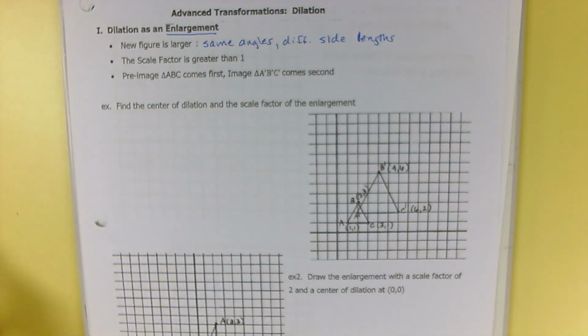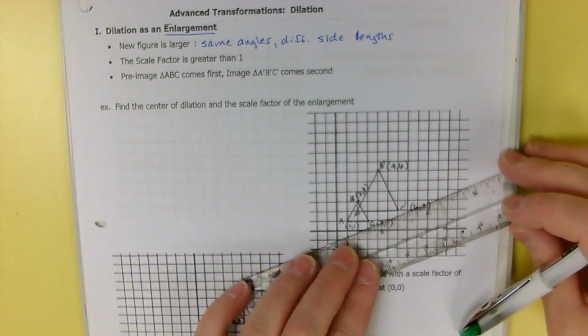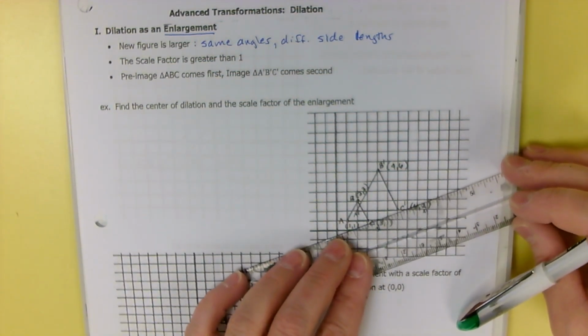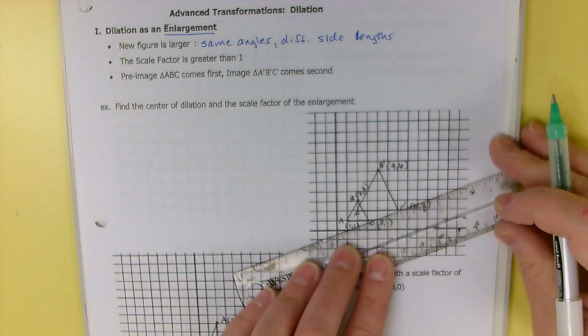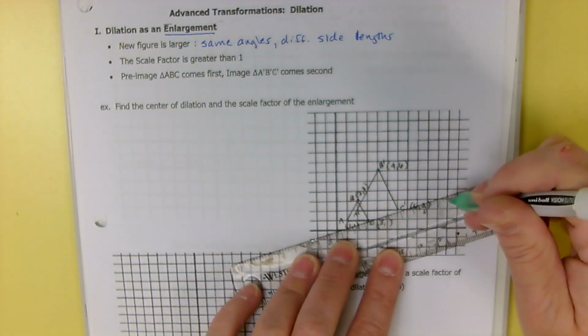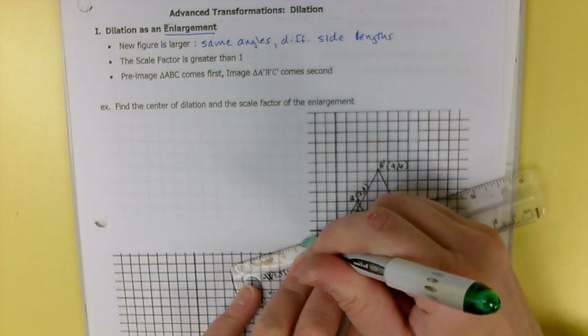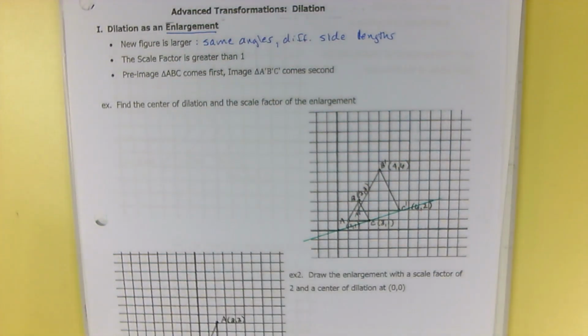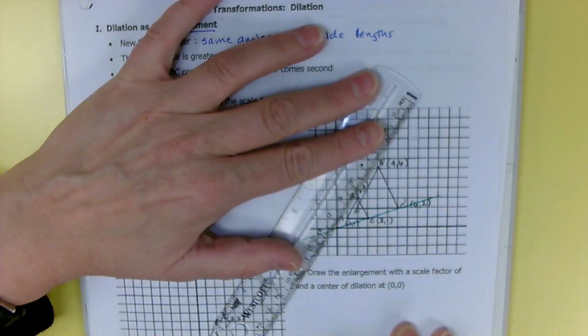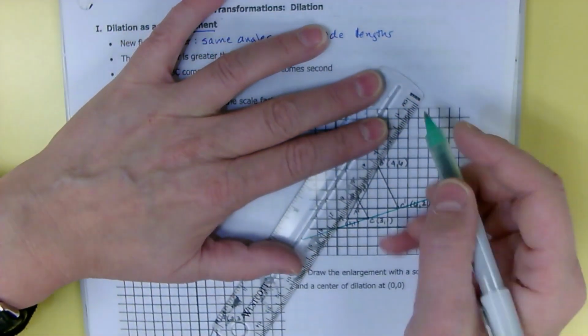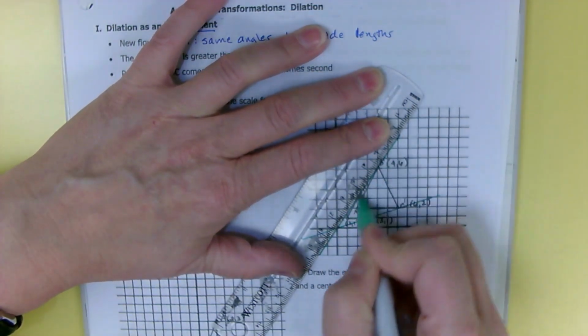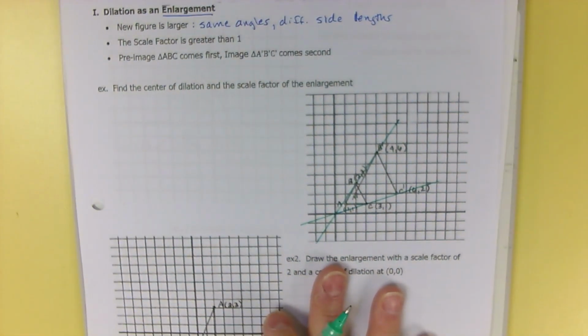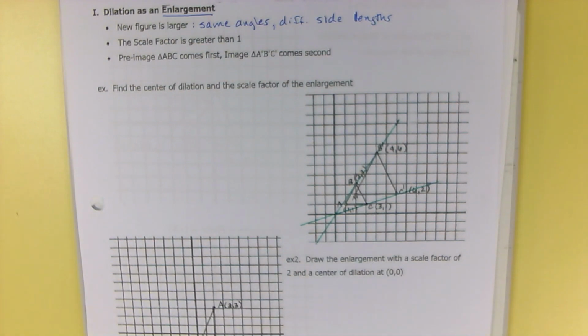Okay, so to find the center of dilation, you're going to want to take a ruler and draw a line through corresponding vertices. So I'm going to draw a line through C prime and C. And then you're going to draw a line through another pair of vertices, being as exact as possible. And what you'll see is your lines are crossing each other. In fact, if you do the third line,